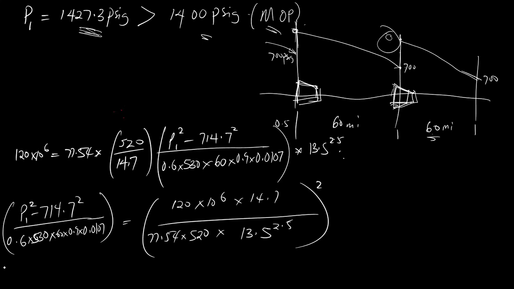Now we'll say P1 square will now be equal to 714.7 square plus 4268.448427